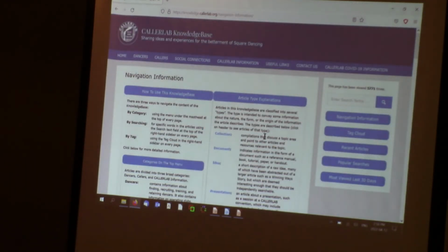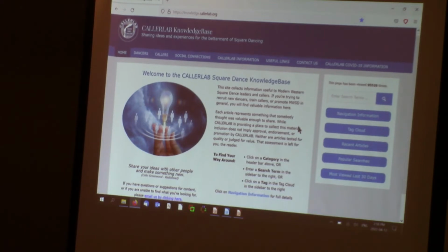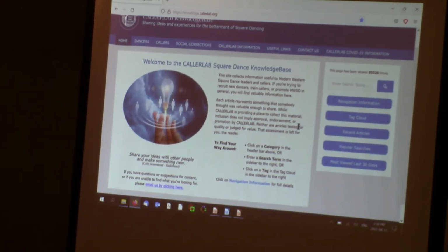Okay. So I'm going to go back to the home page now, just because I like that picture. So that's navigation information. If you try going in and finding something and you can't find what you're looking for, go and review the navigation information to see if maybe there's just a different way to get at it. It's there, but your search didn't work. That's the most common thing people do. They hit the search bar, they search on some terms, and one of two things happen. Either they don't find anything, which may mean that there isn't anything in the knowledge base about that, or they get tons of stuff and they don't want to wade through it.